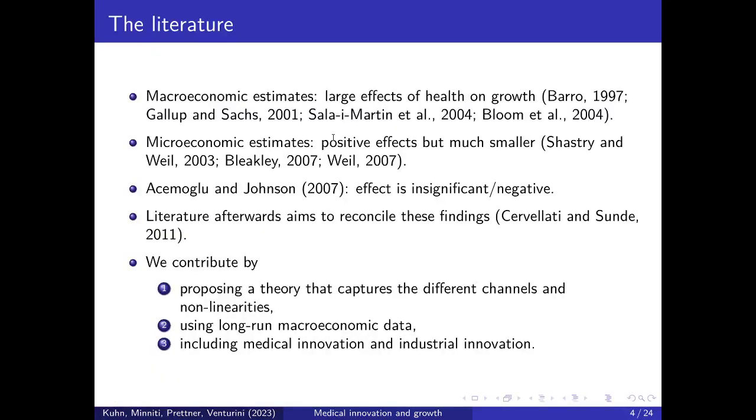Now, what does the literature say on this up to now? Well, the earliest papers that addressed the effect of health on economic growth were based on the convergence growth regressions of Barro and Sala-i-Martin in the 1990s. And they basically included health, usually in the form of life expectancy, as a regressor, and concluded, based on the fact that growth over certain decades was regressed on initial life expectancy and the coefficient of initial life expectancy was positive, that life expectancy has a positive effect on economic growth.